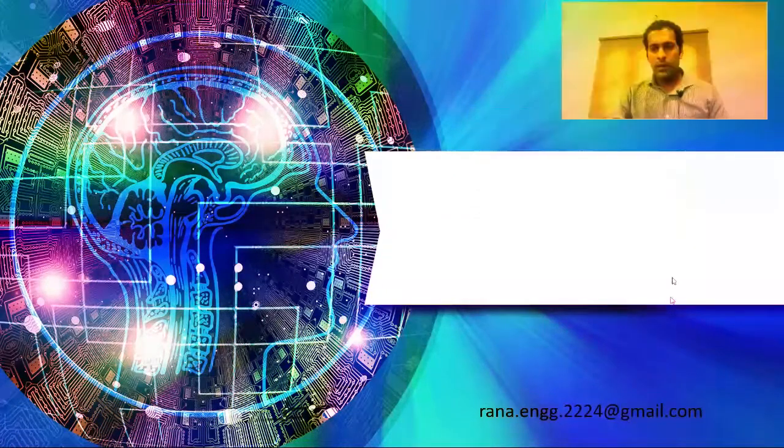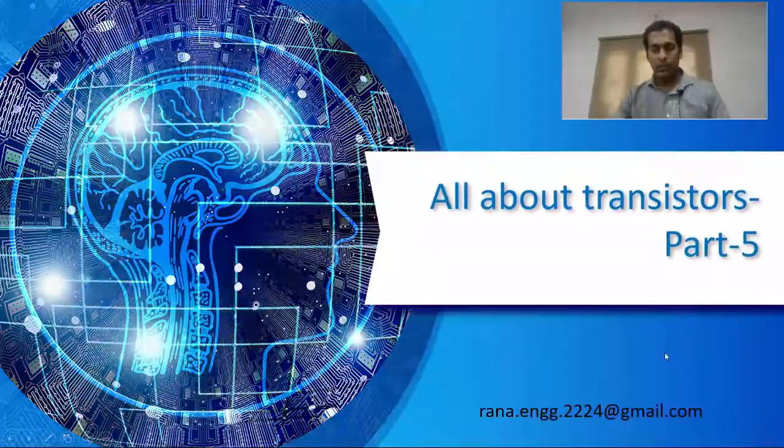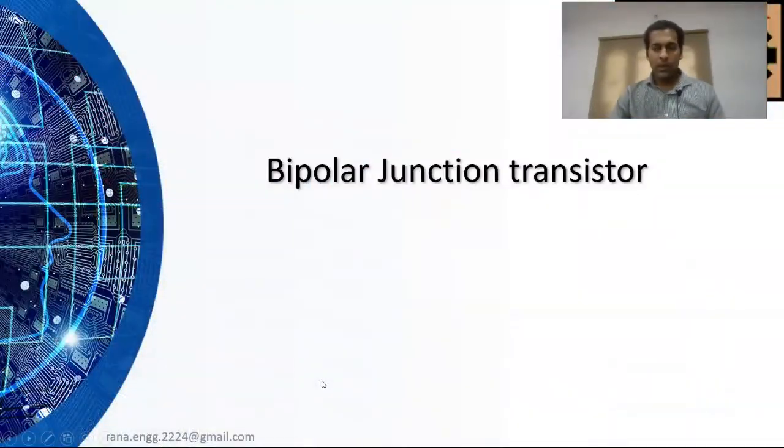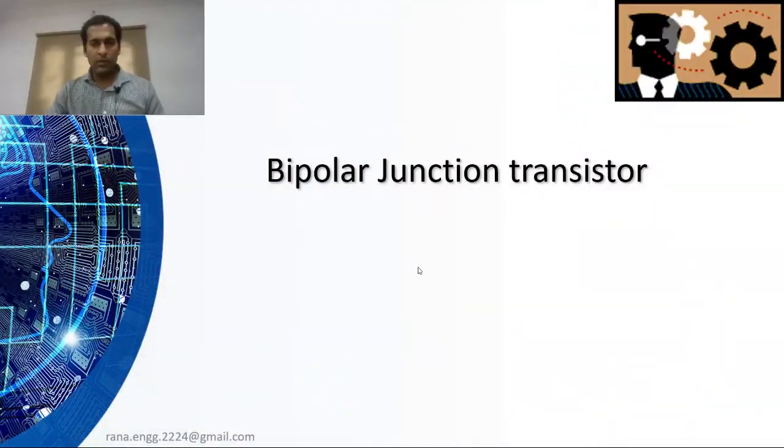Today we are going to continue about the transistors. In the previous session we have seen about the various modes and the parameters related to BJT. Now we are going to discuss about the leakage currents and how exactly we get the breakdowns in the transistors. So let us begin. So far we have discussed about BJT.